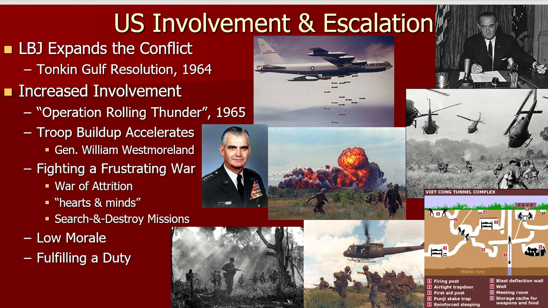So by 1965, we're doing Operation Rolling Thunder. We're doing bombing attacks on North Vietnam. We're also putting our first combat troops on the ground by the spring and summertime of 1965. Under Johnson in the 1960s, from 1964 until 1969, it's essentially constant escalation. Troops are constantly increasing more and more, which means we don't have enough volunteers back home to get soldiers into Vietnam. As a result, we had to have a draft back home. More on that in a minute.